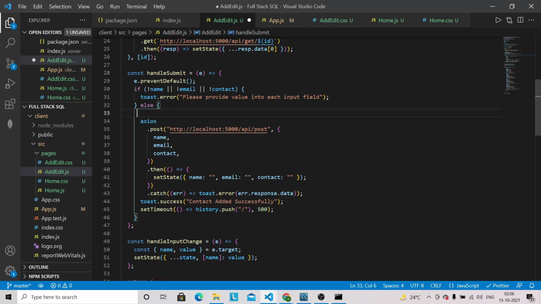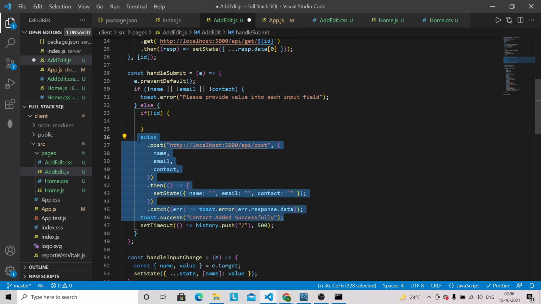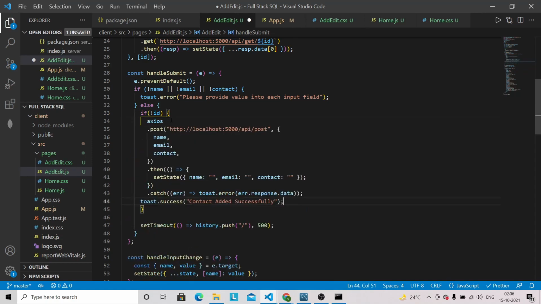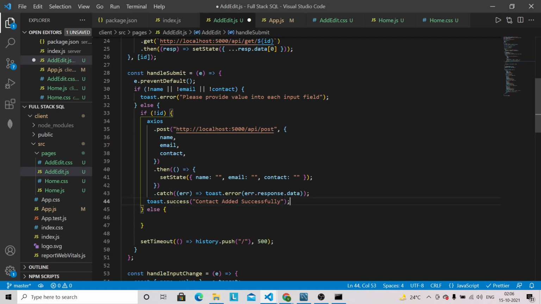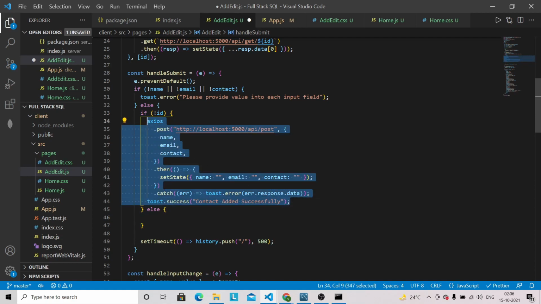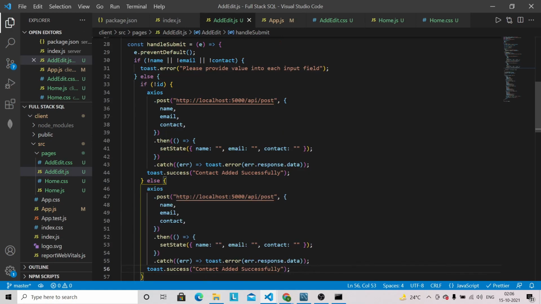So if you don't have any ID, that means user is adding the new contact, and we can write all this logic here. So just cut it and paste it here, and in else part we can just copy this one and paste it. So if we have the ID, then it will come inside this else condition, and this will be the update.